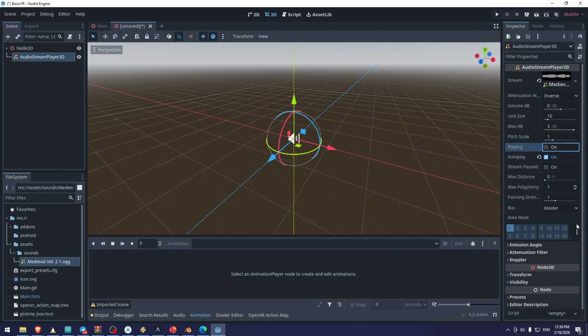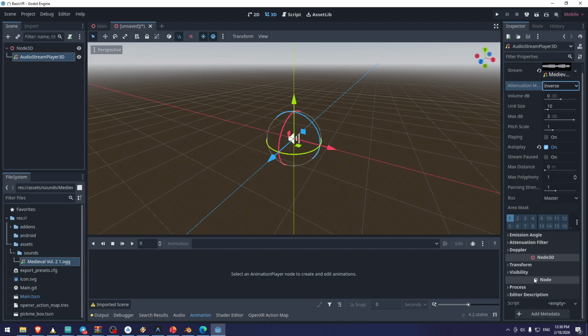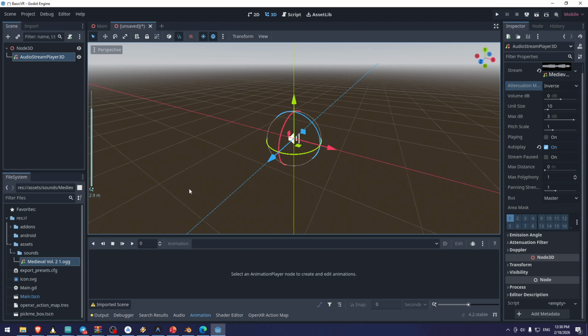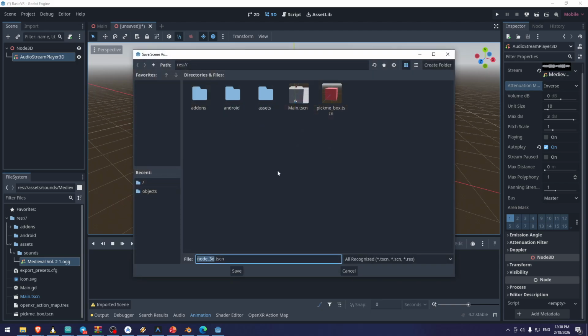You can also configure all these settings here for you. Okay, so we don't do anything else here. Basically we just save it because we already have it. We have to save that as the new scene. Let's save it as BG music